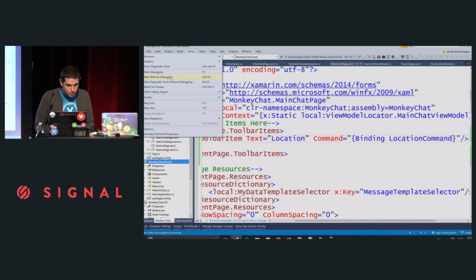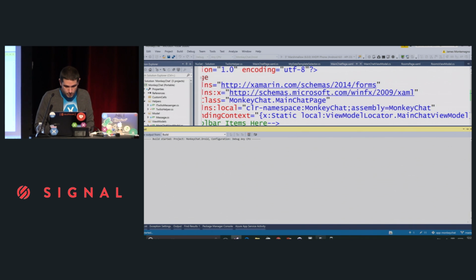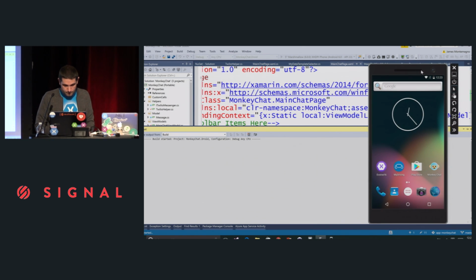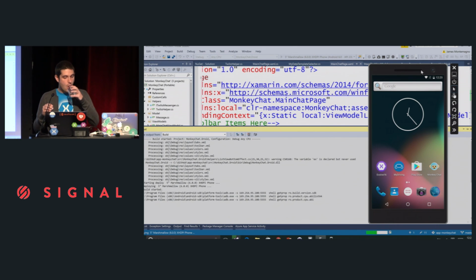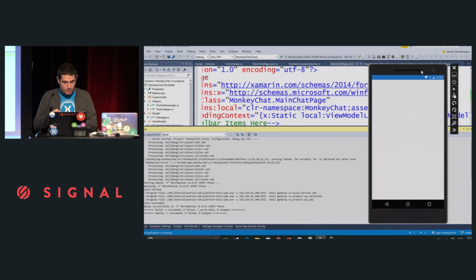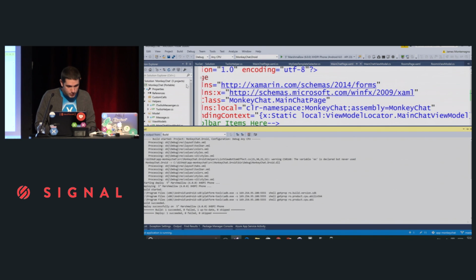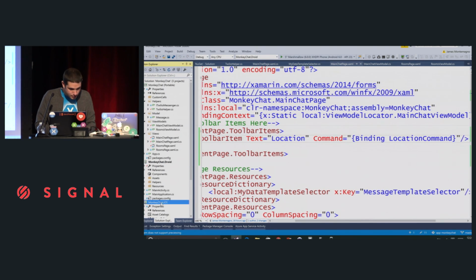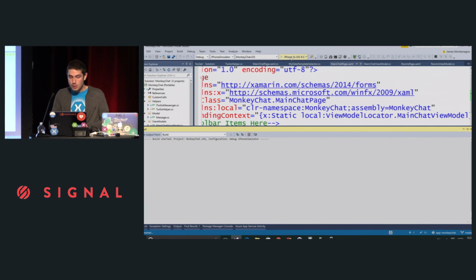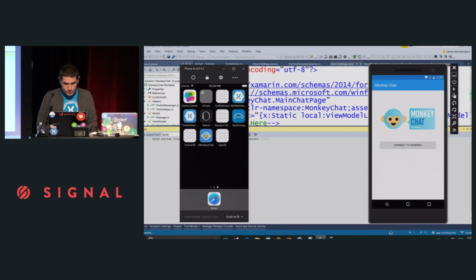I'm just going to build this really quick, and we'll run it on both again. Let's switch back over here to iOS and set that as my startup. Again, I'm not touching any of that specific code, I'm just changing the shared code. So let's do this again here. Let's connect this guy up.